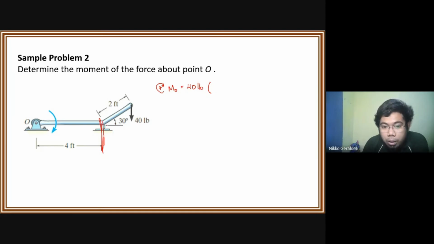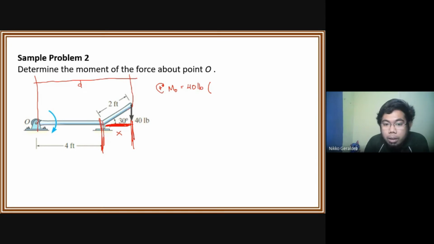Kailangan mo makuha itong horizontal distance na to, from 4 feet hanggang dun sa line of action na force. Ano yung distance nila? Kasi hinahanap natin perpendicular distance. So, ito si point O, ito yung line of action, then ito yung perpendicular distance. Yung horizontal, that is 4 feet plus x. Para ma-solve mo si x,